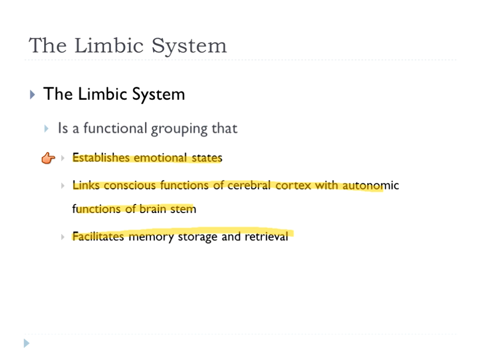For example, if you go into an elementary school and it's been several years since you've been in one, that smell may trigger memories of being in school, or smelling the cafeteria may trigger those memories. Seeing a picture of someone you haven't seen for many years may trigger memories and things of that nature. So the limbic system not only establishes emotional states, but it links memories with auditory, visual, and even olfactory processing. It helps to facilitate memory storage and memory retrieval.